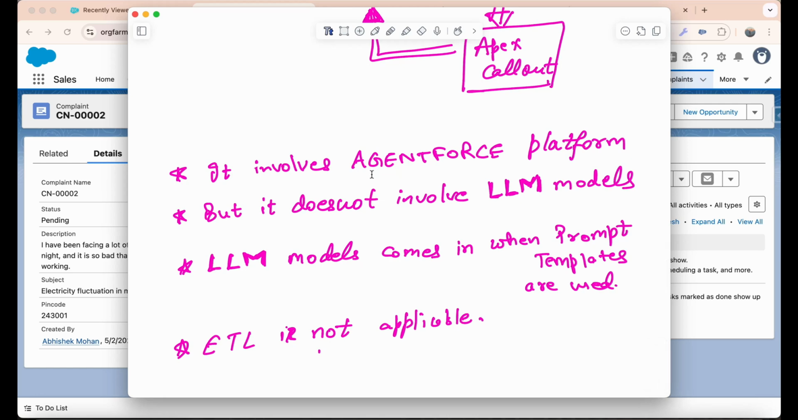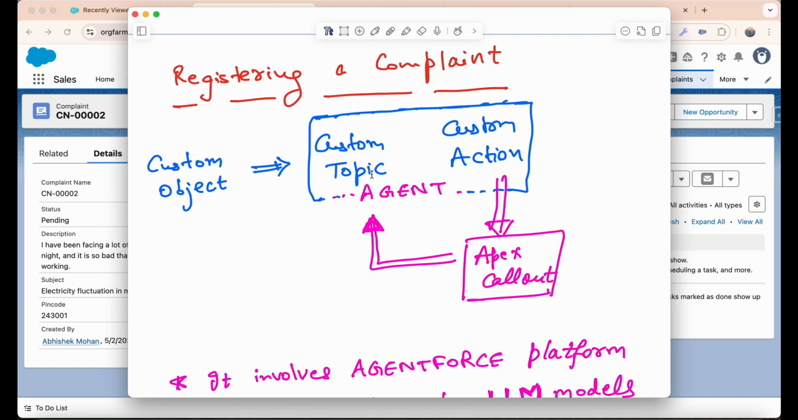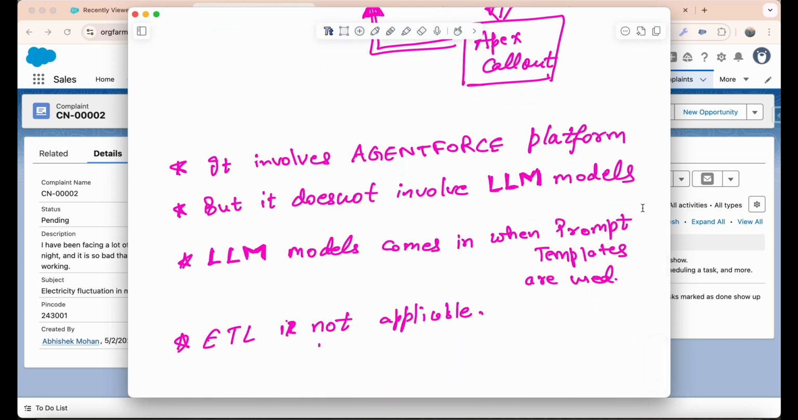So let us enhance this example one more level higher so that we can also talk about prompt